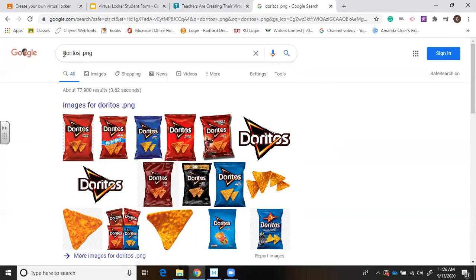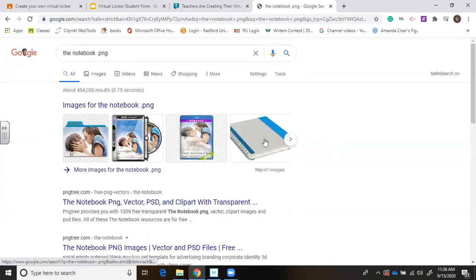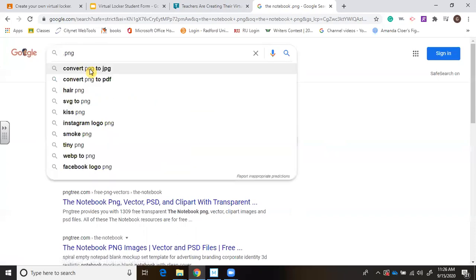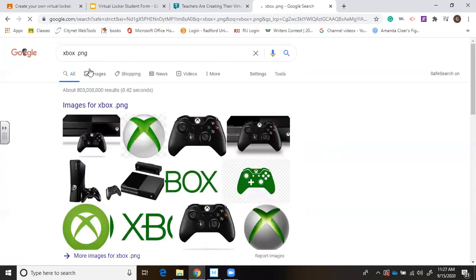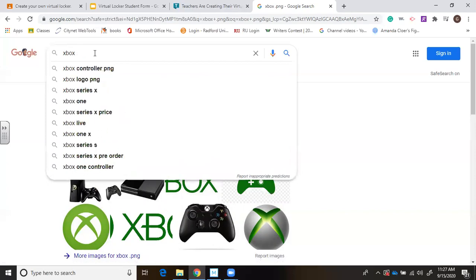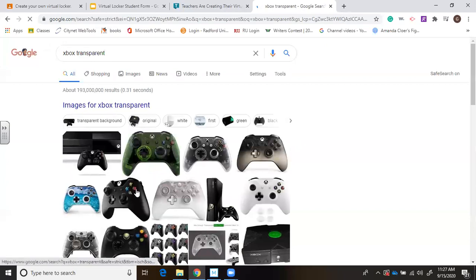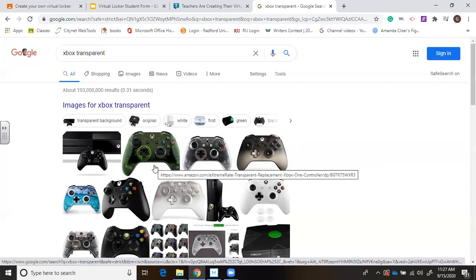And if you type in notebook.png, that's going to give you a copy of the book or the CD, or I mean DVD, that will be transparent. Or if you type in xbox.png, that's going to give you a controller or an Xbox that already has the background removed. And you can also type in Xbox transparent, and that does the same thing. It gives you transparent images that are already removed, and you're going to have to test them out, copy and paste them,